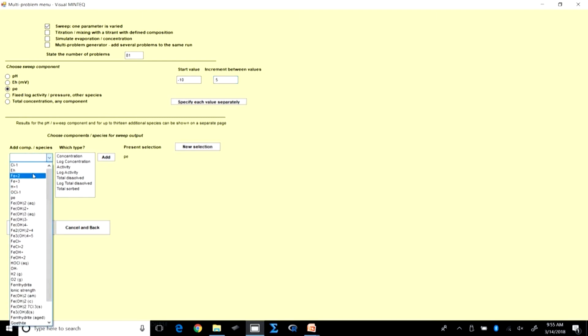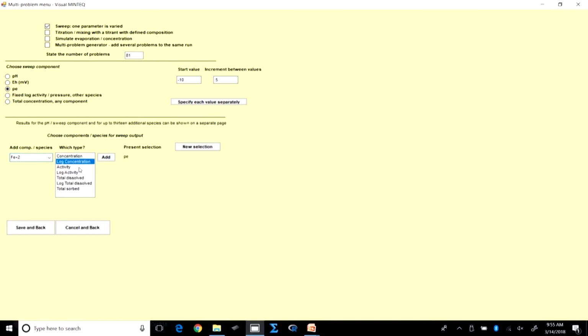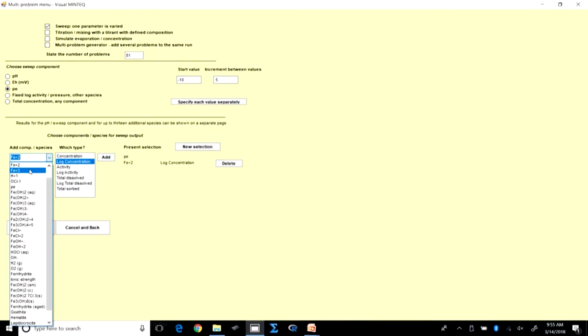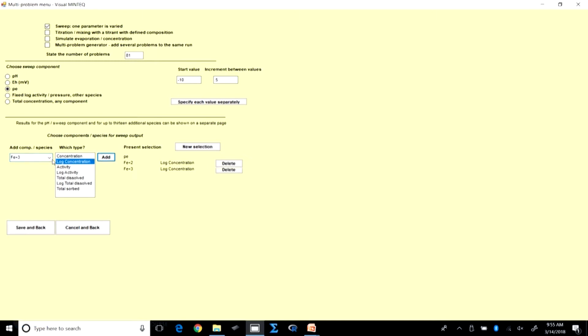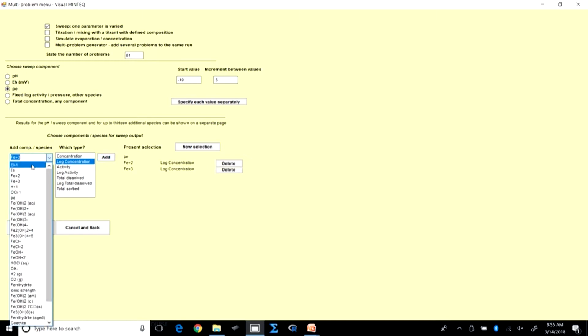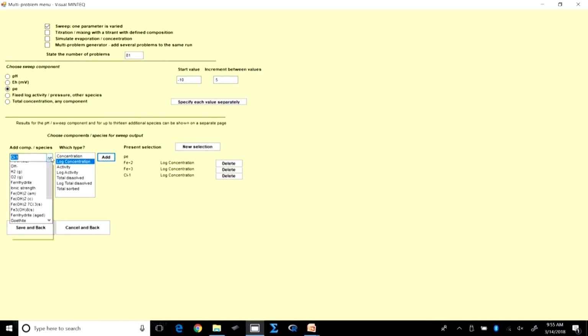And now I guess I am going to have to say what species am I going to look for. So obviously Fe2+ and log concentration. And why do we choose log concentrations? Obviously because the values are going to be relatively less. So if I take the logarithmic value, it makes it easier for understanding of the system, I guess, right. So I am going to have Fe2+ and Fe3+, right, and also obviously Cl- and OCl-,